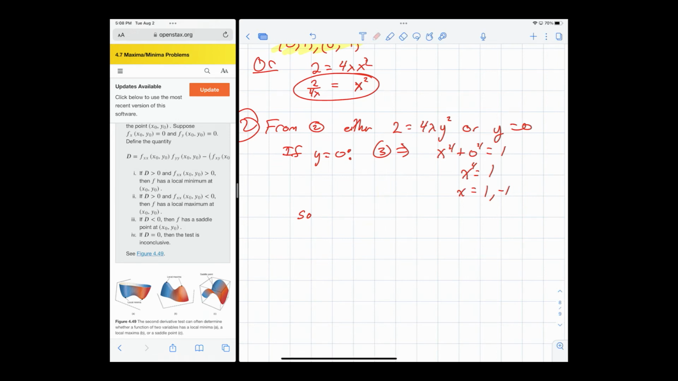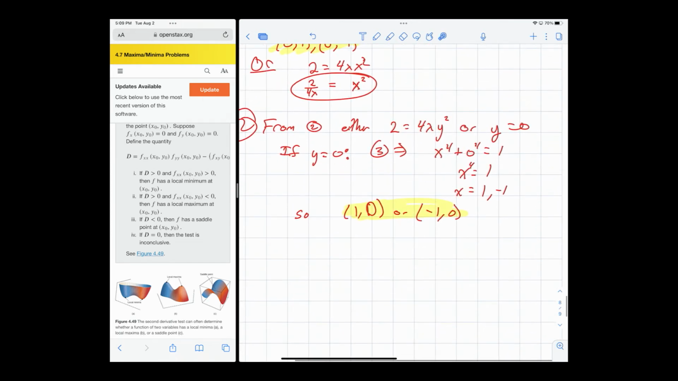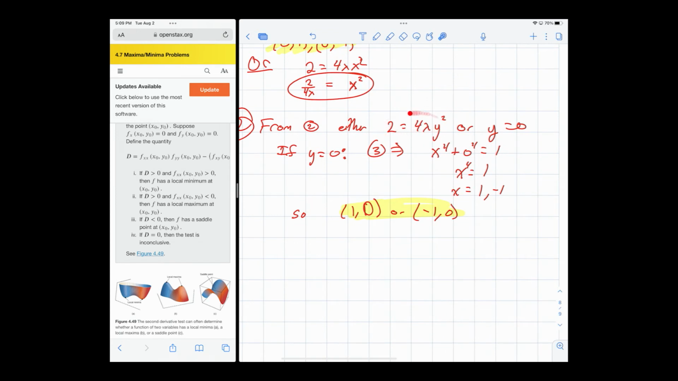X is 1, 0, or negative 1, 0. So those points, we have the other highlighted point, and then the other case was this case here, where 2 was equal to 4 lambda y squared,